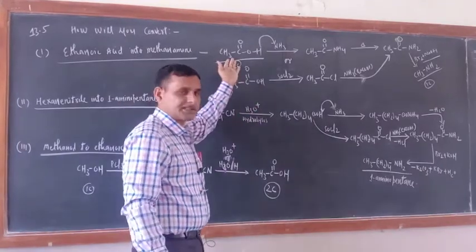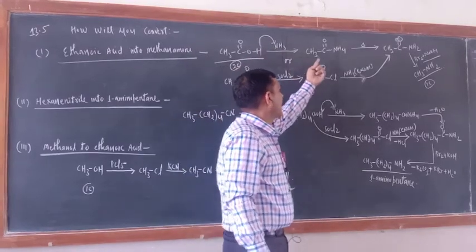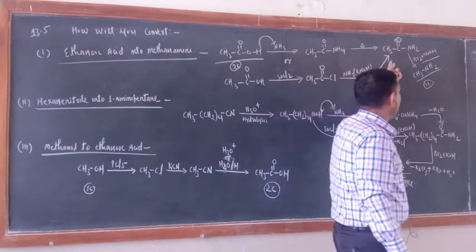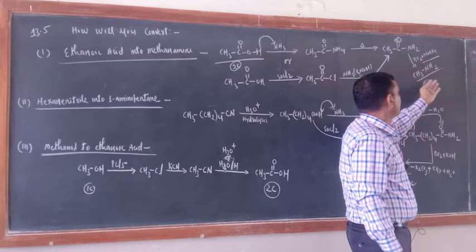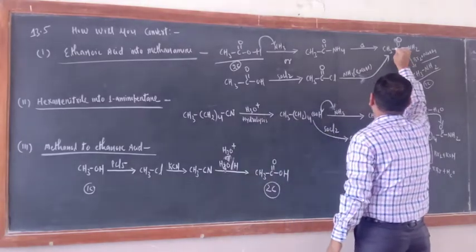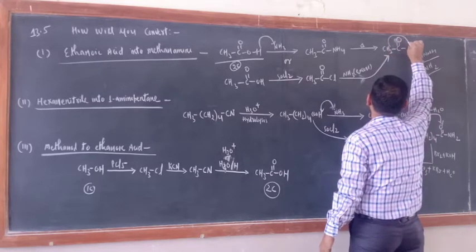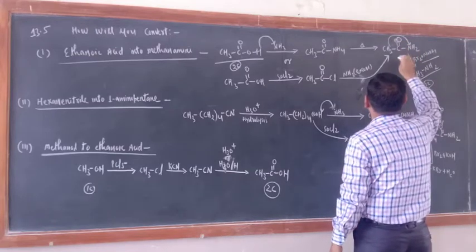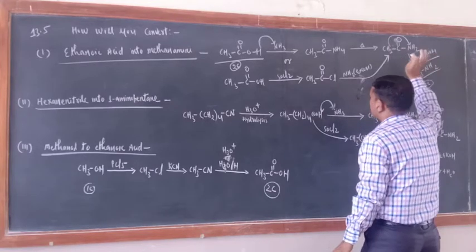So this is a carboxylic acid only, make its reaction with NH3, then this H will come here and you will have ammonium acetate. When you heat the ammonium acetate, then you will have the amide, and this amide can be subjected to the Hofmann bromamide reaction, Br2 and NaOH, and you will get the methylamine. Because in the Hofmann bromamide reaction, the alkyl group which is bonded with the C double bond O group directly gets bonded with N, leaving behind the CO. Now CO will come out as K2CO3, because here NaOH or KOH can also be taken.